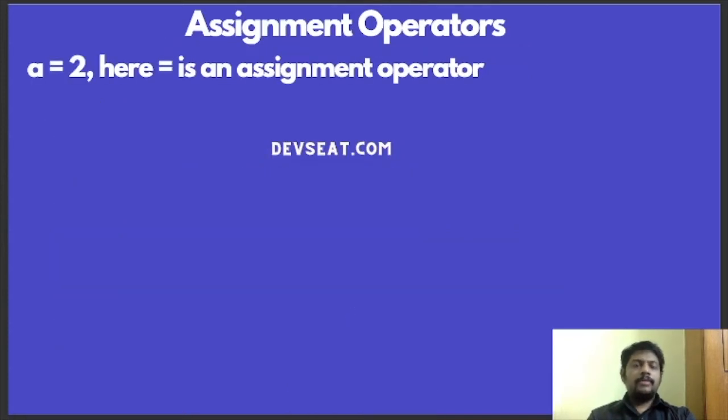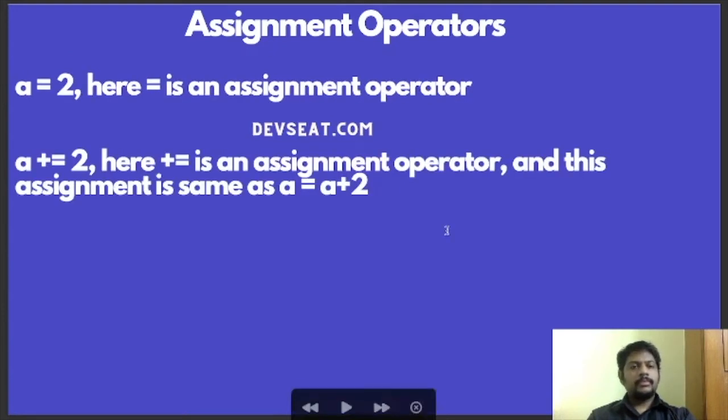Next we will be talking about assignment operators. Earlier we talked about arithmetic operators. Now we will be talking about assignment operators. Consider this operation a equal to 2. Here equal to is an assignment operator. There is also the operation a plus equal to 2.